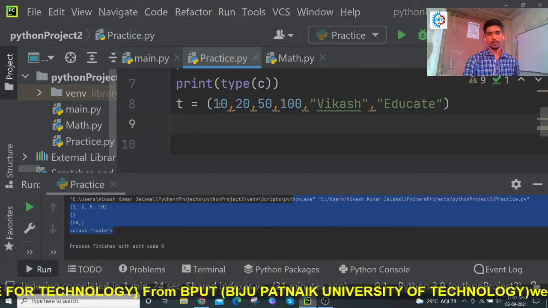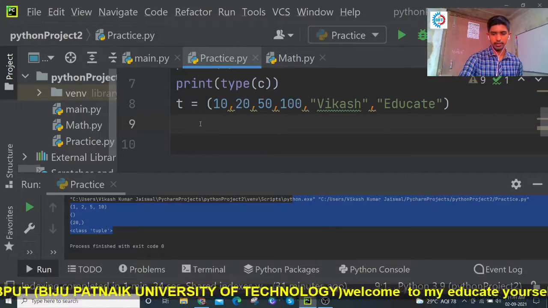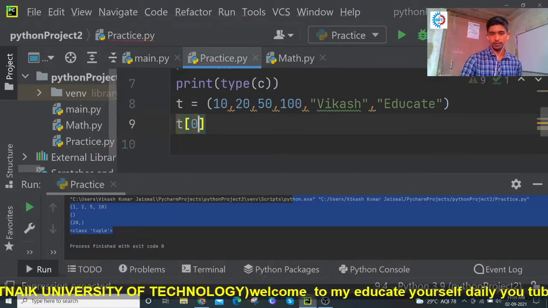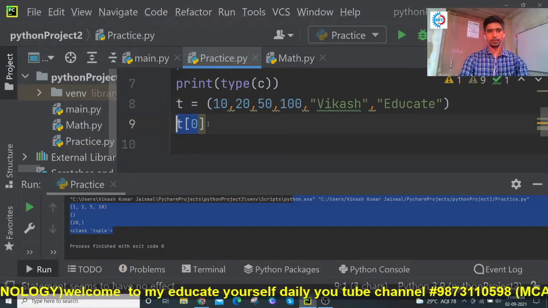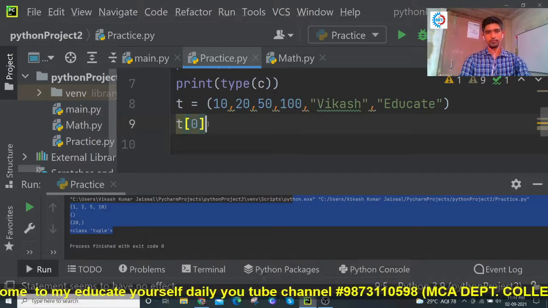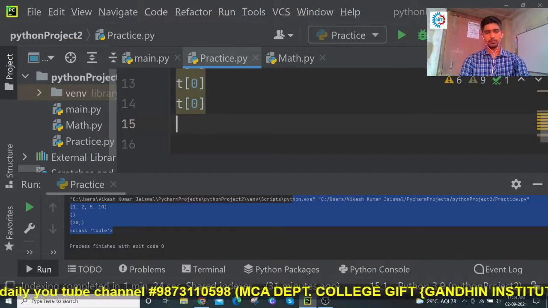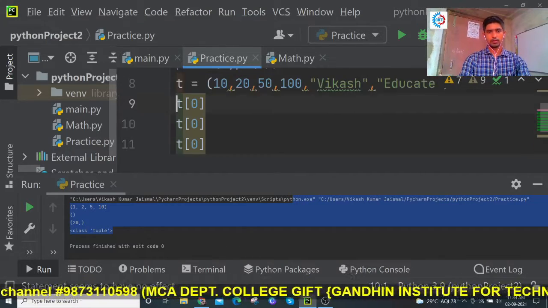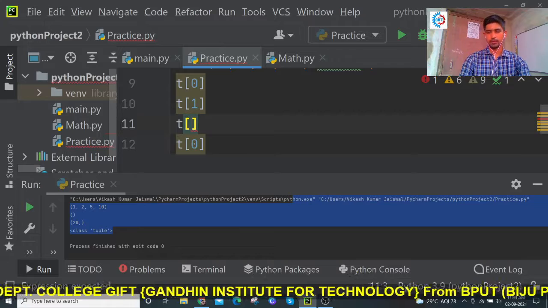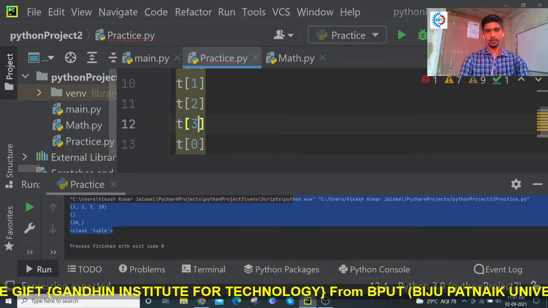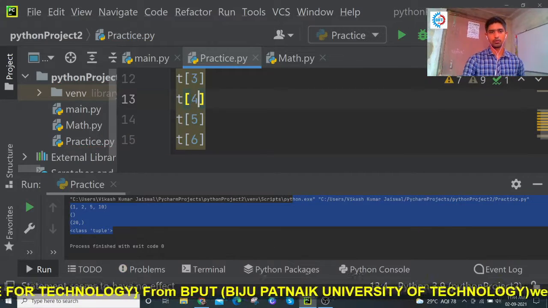I can say here t[0], index 0 is for 10. Now I will copy this: t[0], then 1, then 2, then 3, then 4, then 5, then 6.